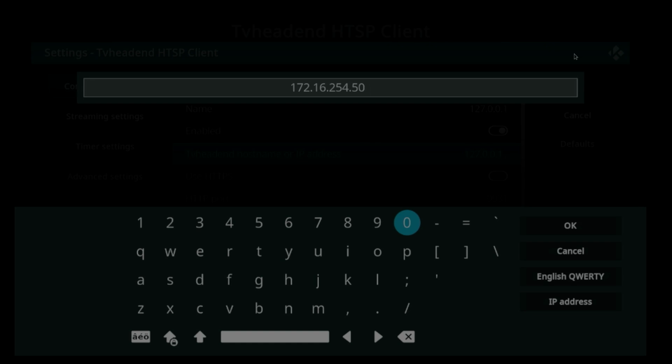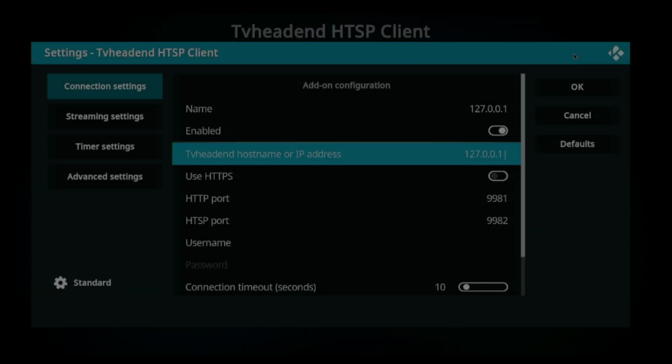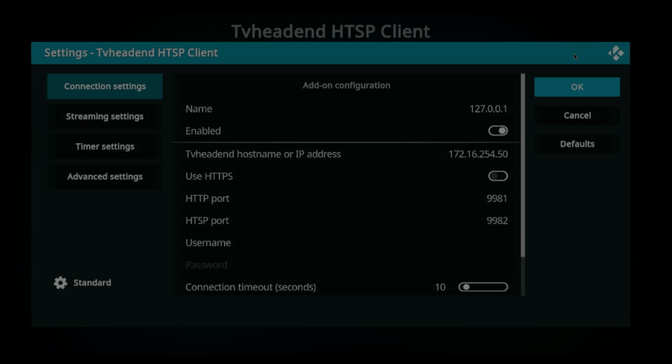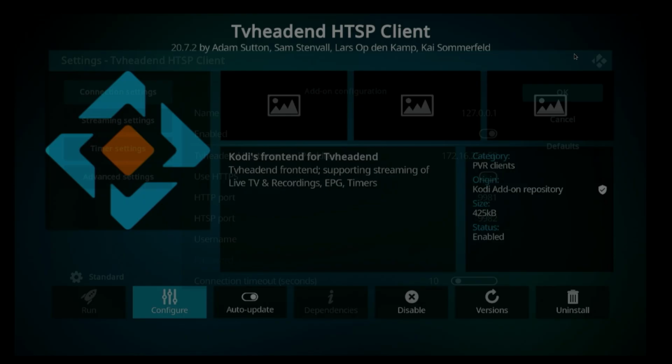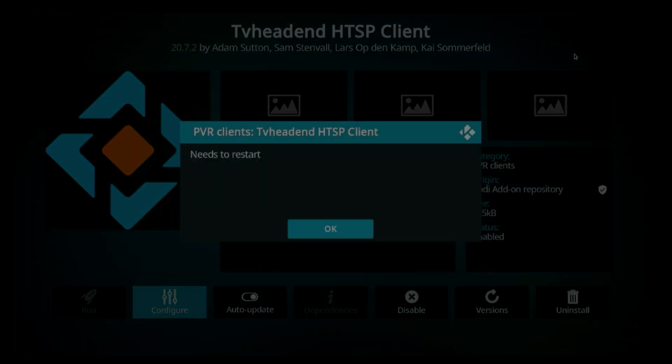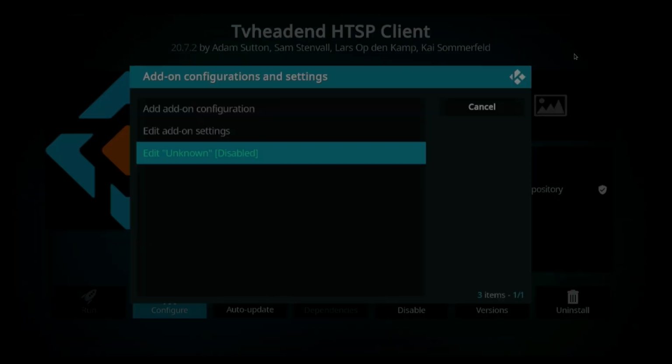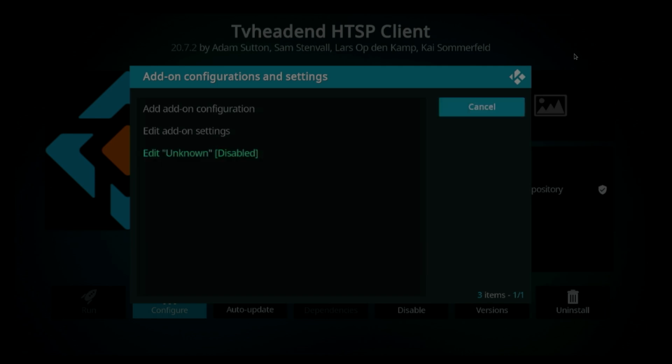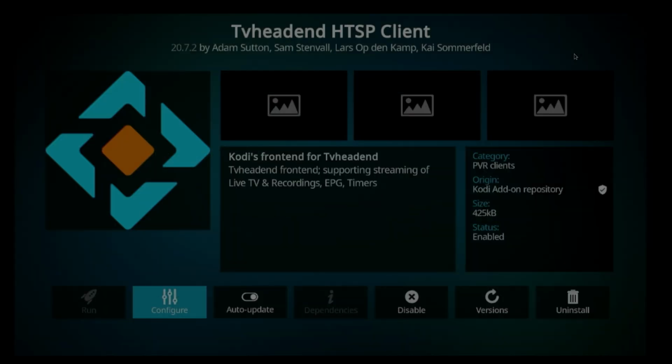Move your cursor to the right to the OK. And OK is highlighted, like now. Press your select button. Okay, now move your cursor to the right to highlight OK. Press the select button. Now it tells you it needs to restart. Press select to OK. Now move your cursor to the right, cancel that, and then on your Fire Stick press